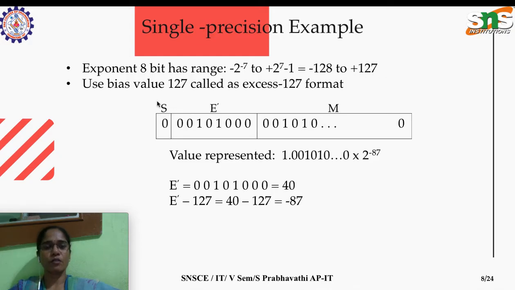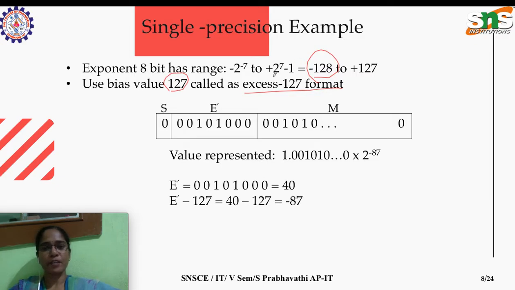So in single precision we use the bias value as 127 instead of 128. As I told you in the previous topic, the bias is the biggest positive value, which means for single precision it should be 128, is it not? But here, in single precision and double precision also, we use one number less than this biggest number. That representation we call the XS 127 format.